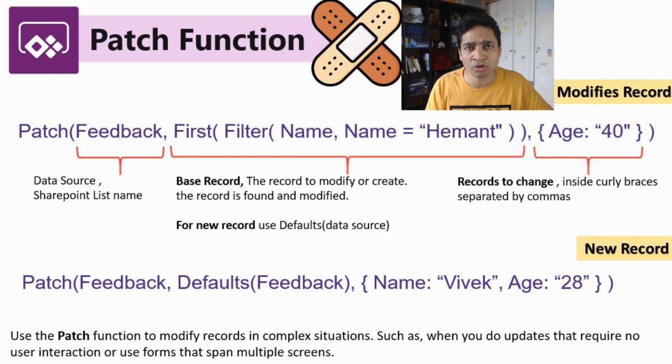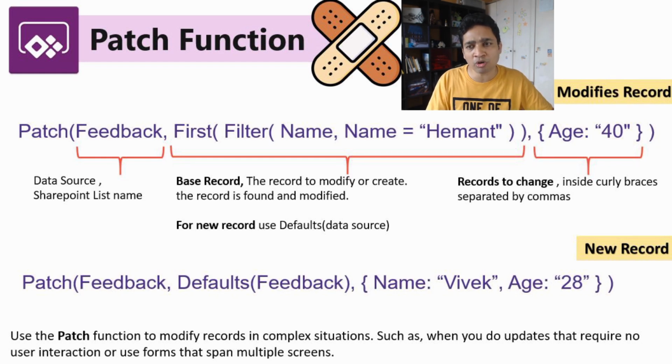and then I may get multiple records out of it once I use this filter. But what I'm saying over here is I want only the first record out of the rows that you have returned. Change the age, which is the third parameter. The third parameter talks about what you want to change or what you want to add. So here, when I'm modifying a record, I'm saying change the value of age to 40. That is how you modify a record.